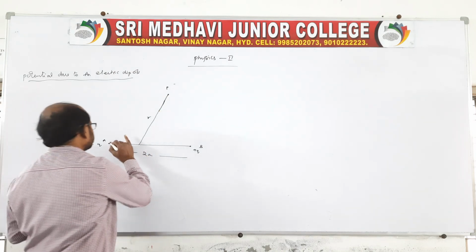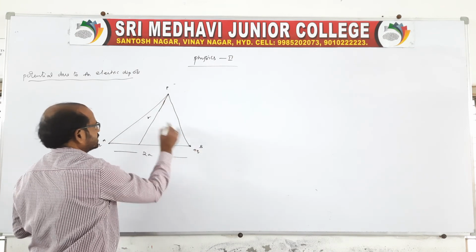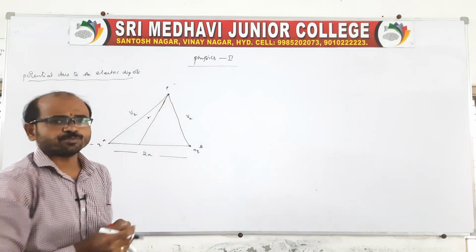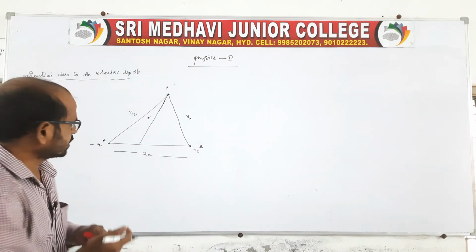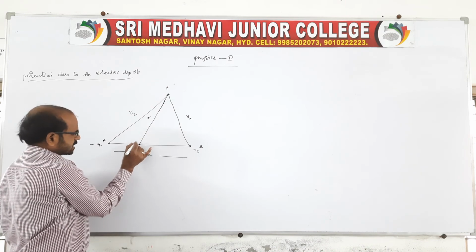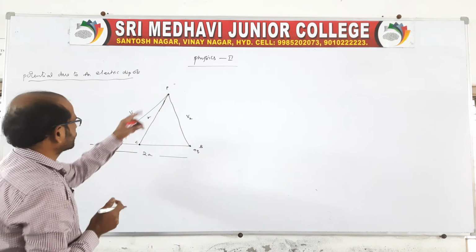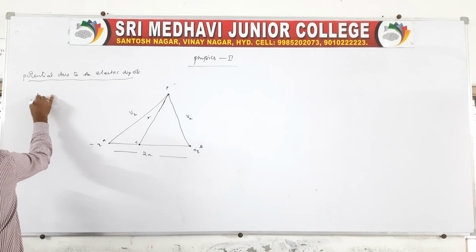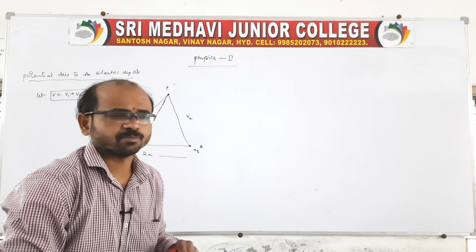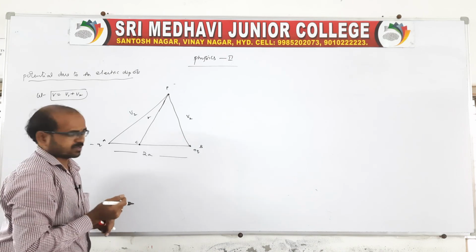Now there is a potential due to the minus q charge and a potential due to the plus q charge. So there will be V1 and V2 acting at the point P due to the two individual charges. The distance from the center to the point is R. By using the dipole, we have to find the resultant potential at the point P. Therefore, let V be equal to V1 plus V2, the sum of the potentials due to the individual charges.